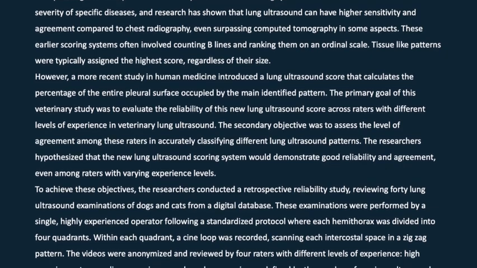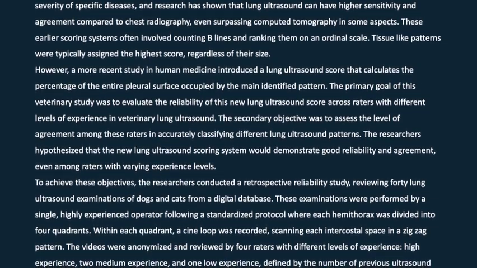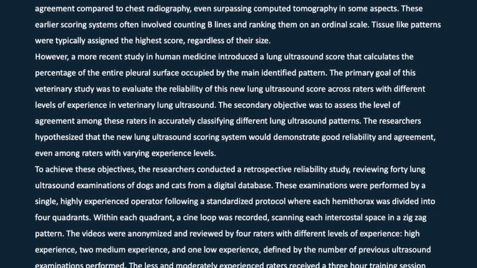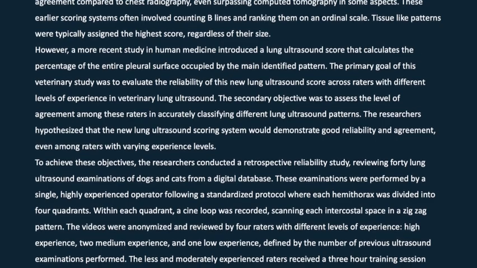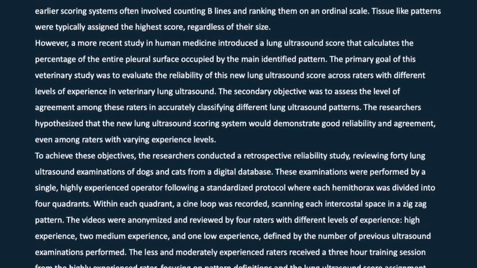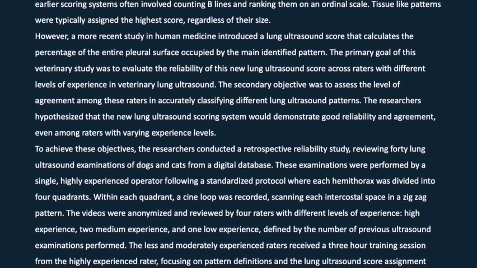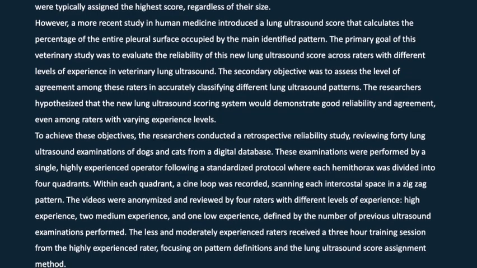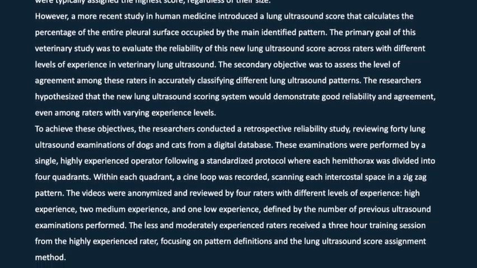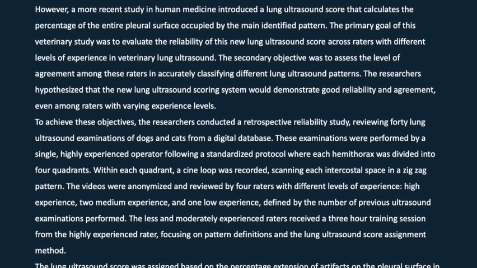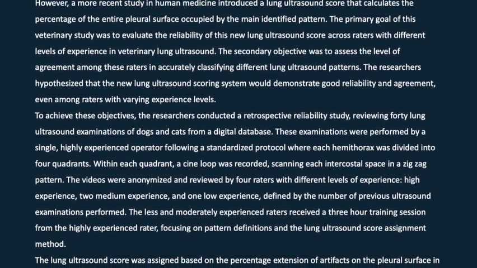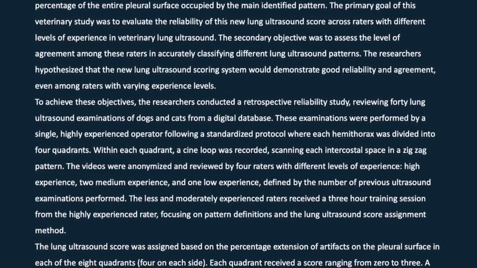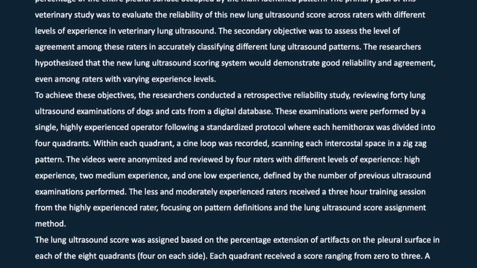The primary goal of this veterinary study was to evaluate the reliability of this new lung ultrasound score across raters with different levels of experience in veterinary lung ultrasound. The secondary objective was to assess the level of agreement among these raters in accurately classifying different lung ultrasound patterns. The researchers hypothesized that the new lung ultrasound scoring system would demonstrate good reliability and agreement, even among raters with varying experience levels. To achieve these objectives, the researchers conducted a retrospective reliability study, reviewing 40 lung ultrasound examinations of